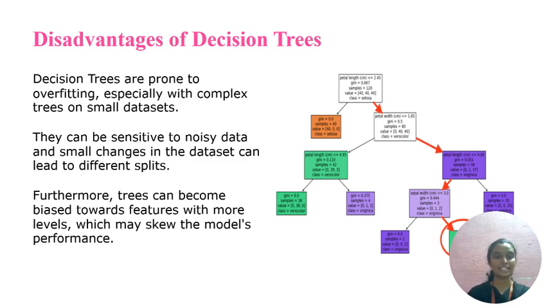They can be sensitive to noisy data, and small changes in the data set can lead to different splits. Furthermore, trees can become biased towards the features with more levels, which may skew the model's performance. These are a few of the disadvantages of decision trees,